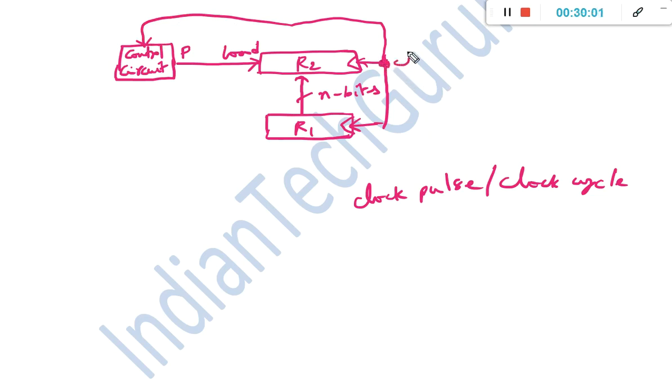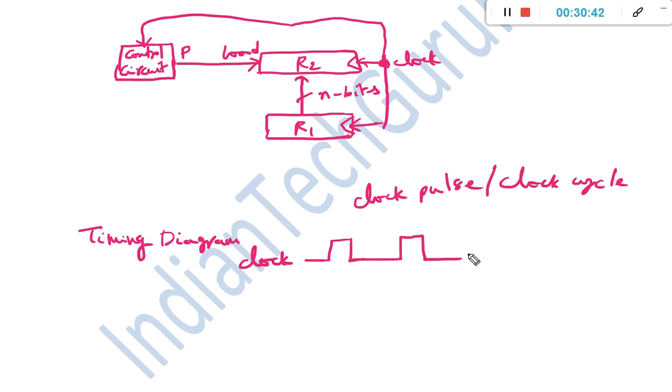So here there will be a clock. This is not the clock which is shown in our computer system. That clock is different, this clock is different. This clock will work in nanoseconds, whereas our clock will work in seconds only. This is not the clock in the computer system, remember that. So how does the timing diagram look like? The clock is going to generate several cycles like this. Several clock pulses are generated.